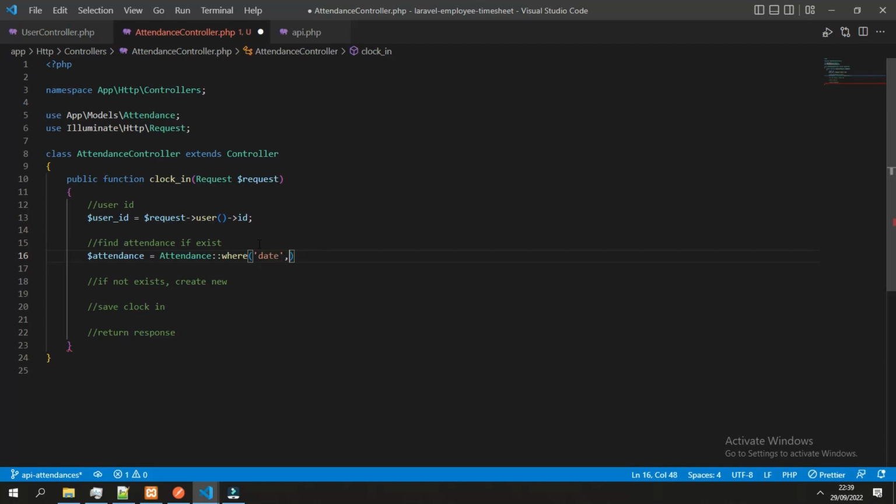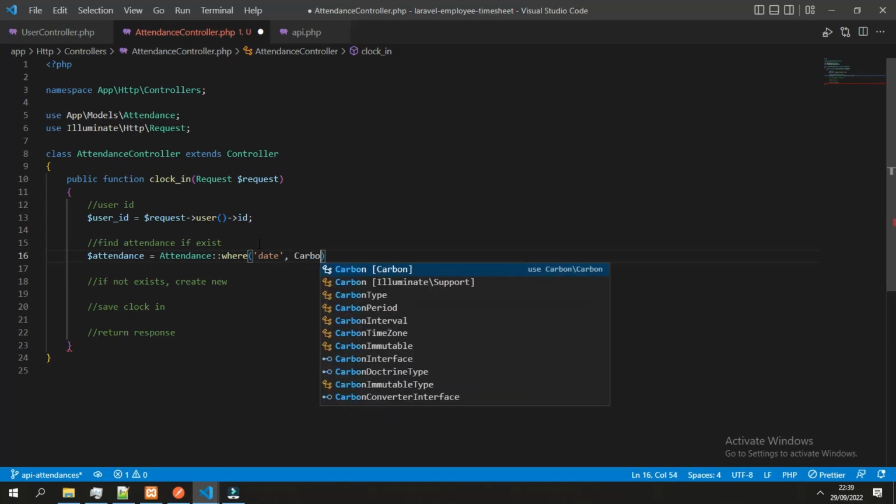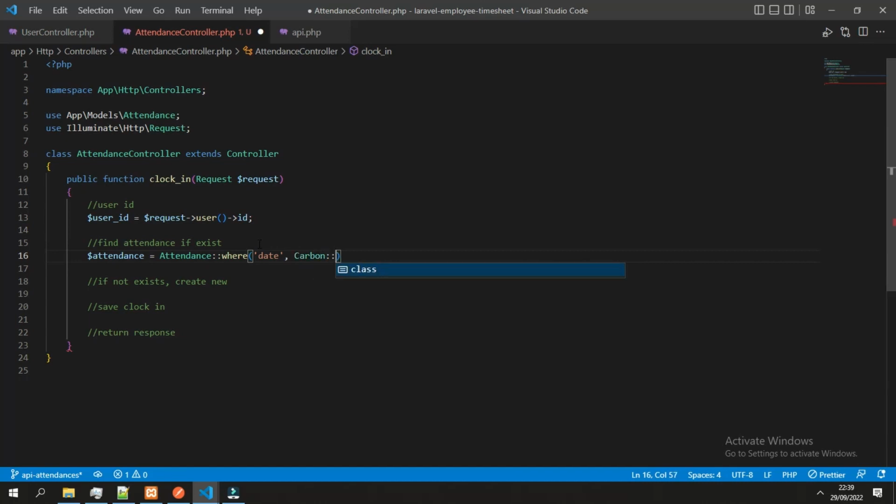Let's check if the date is today. For the date, we will use the help of Carbon class. Carbon is a class for managing time and date in Laravel.